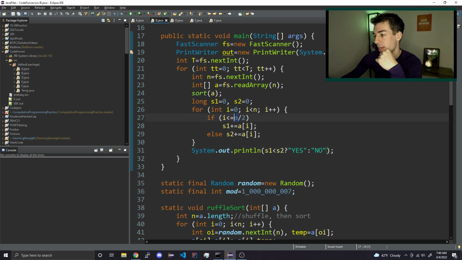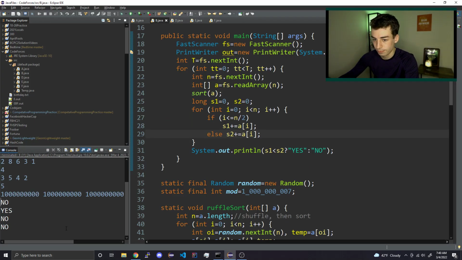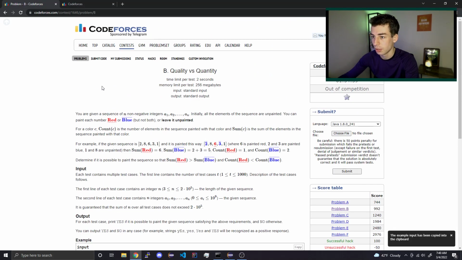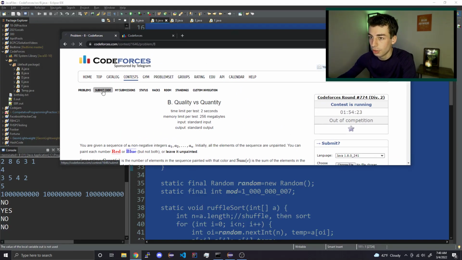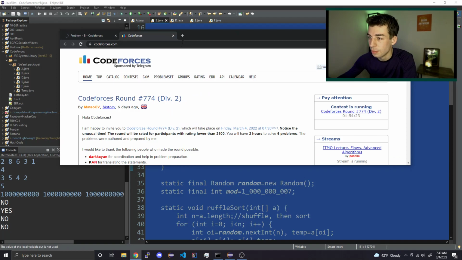All right, so does this work? When n equals 2, this will be 1. When n equals 3, 3 over 2 is 1, so 0 and 1 are on the left, yeah. So this should be correct. Submit. Let me submit. Can I please submit code? Thank you. All right, let's move on to